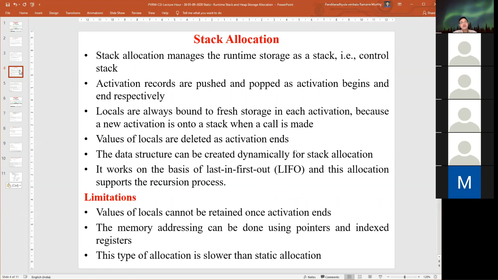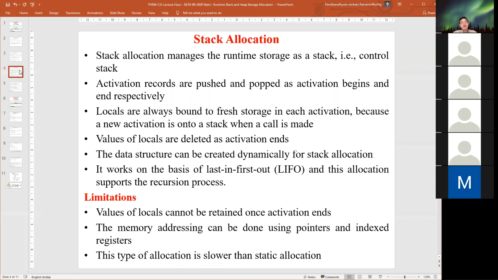Whenever a function calls another function, an instance of the called function is created, and the variables related to the called function are maintained on the stack. At the same time, the calling function's activation records are also maintained on the stack.